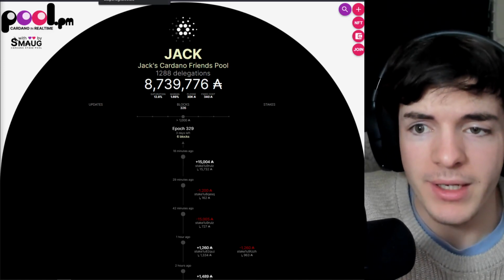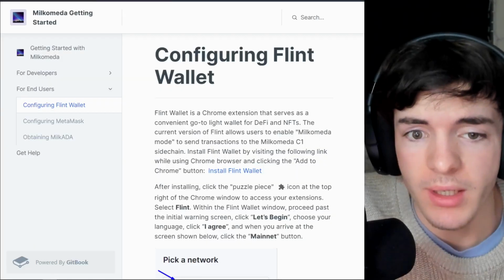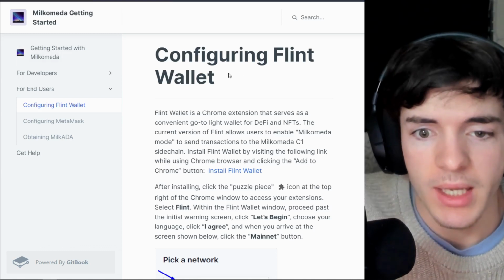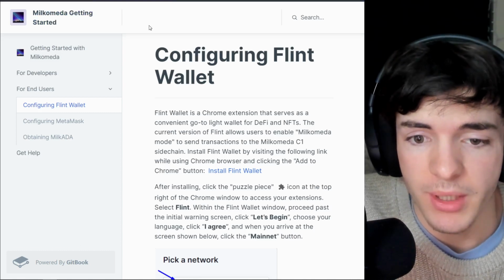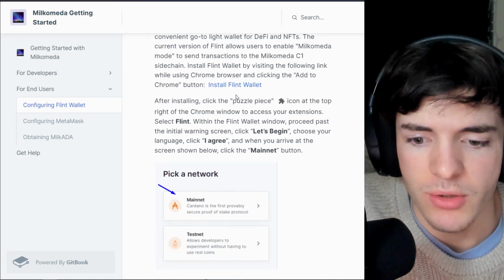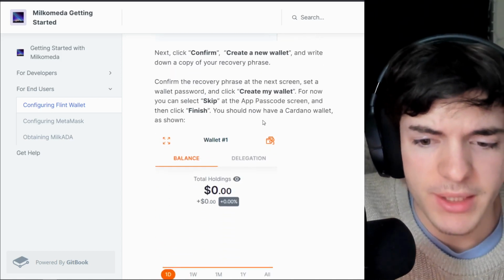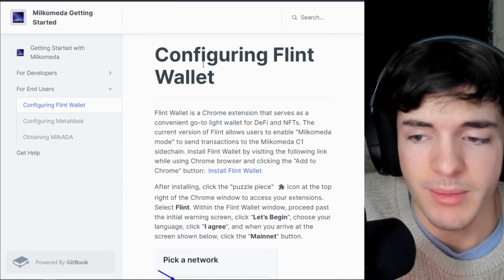Now, for connecting your wallet to the sidechain, you're going to need Metamask and you're going to need either Flint or NAMI wallet. First things first, you're going to have to set up your NAMI or Flint wallet and get some ADA into it. If you want to know how to do that, I'll leave this document from DC Spark, the creators of Milkomeda, that have basically showed you how to do everything we're going to do here and make sure all the information is correct, and I'm not sending you to some random sidechain that is going to steal all of your wrapped ADA. So basically, you put in your wallet, you connect it, get some ADA in it,